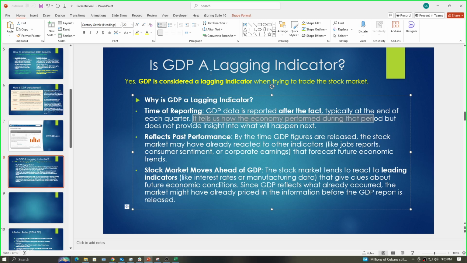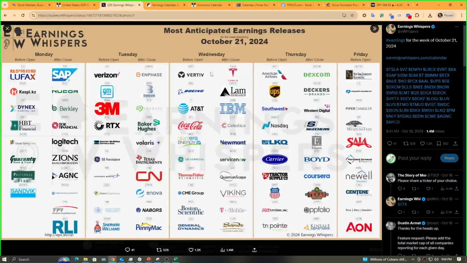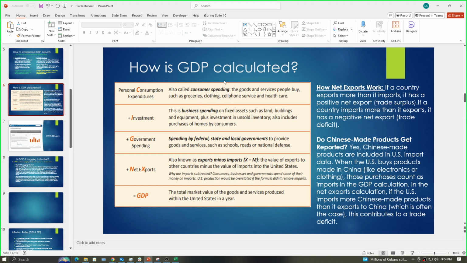And this is what you have to understand with the GDP part of it. GDP is one of the most important economic indicators. Now, what we need to know is this, like I explained to you guys before. If consumer spending, which is part of the GDP that makes up 70% of the U.S. economy,